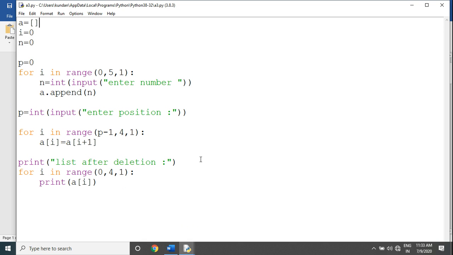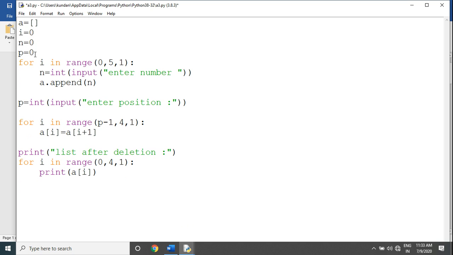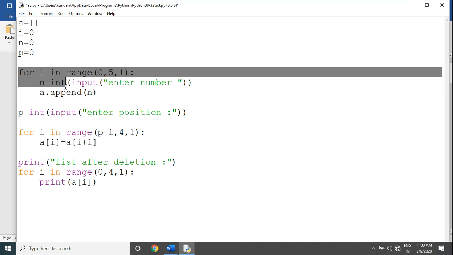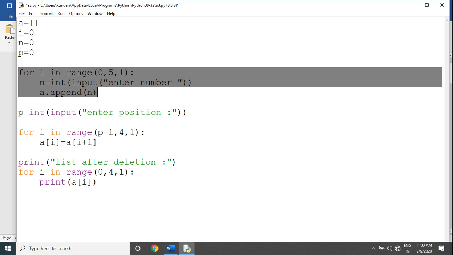First we define a blank list and particular variables which perform different tasks. In the first for loop we input elements into the list. We will input 5 elements in the list.